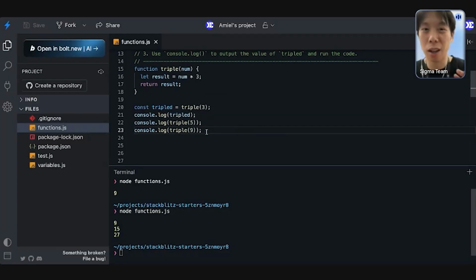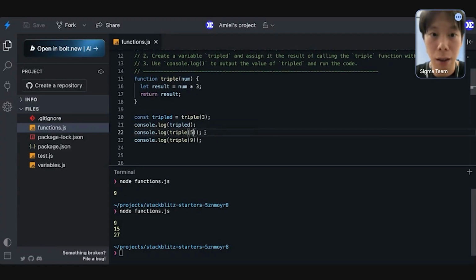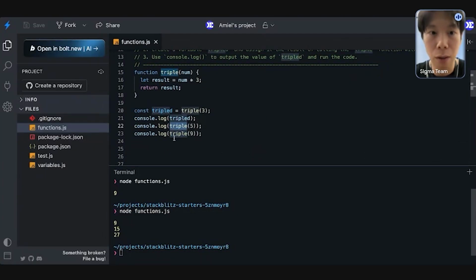You don't need these two lines, because that saves lines of code. Although it's not that readable, you're basically calling that function without assigning a variable to it. In this case you're saving a very small amount of memory, but really you're just saving effort. It's totally up to you, but you can do it different ways. This is the beauty of functions: you can call it with different values, and it goes through the same exact logic without me having to type out 5 times 3 and print that value out. It does that automatically.